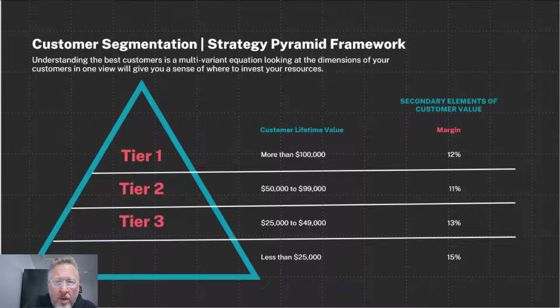Now I will tell you, I would also grab this whole column and duplicate it. And when I say duplicate it, I would put one that's monthly as well, because I want to know who's paying me most frequently as well as who's paying me the most. So then that would be a second criteria to determine who's tier 1, tier 2, tier 3. And so you may have somebody who spends a lot of money with you, but only once a year, as opposed to somebody else who spends the same amount of money, and that same amount of money comes in frequently, let's say weekly, you're going to get your piece. So those are things I would like to factor in.